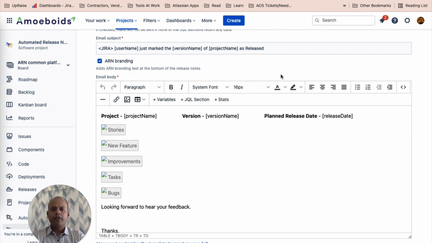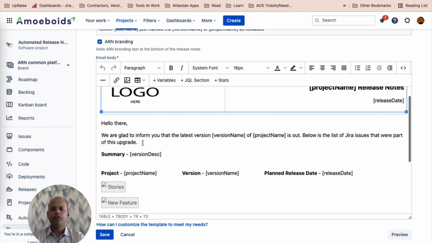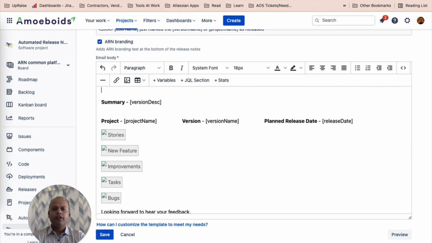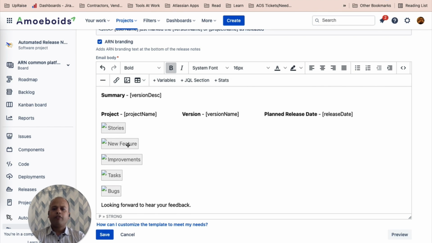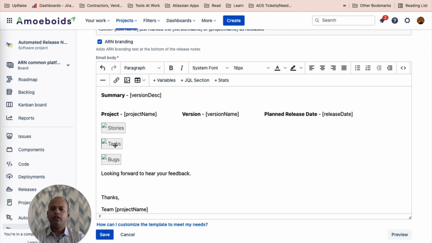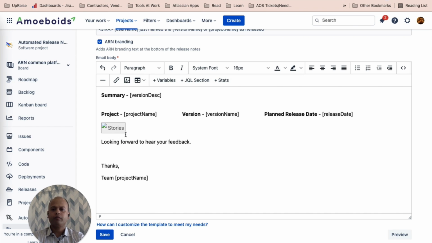Let's come down into the actual template content and let's clean it up. We don't need anything else. We just need to ensure that the data that's generated in the final release notes is coming from 2 versions. So what we are going to do is clean up the default template that's created in here. So I'm going to remove all of these default JQL sections and I'll keep only one. That's called stories at the top, right?